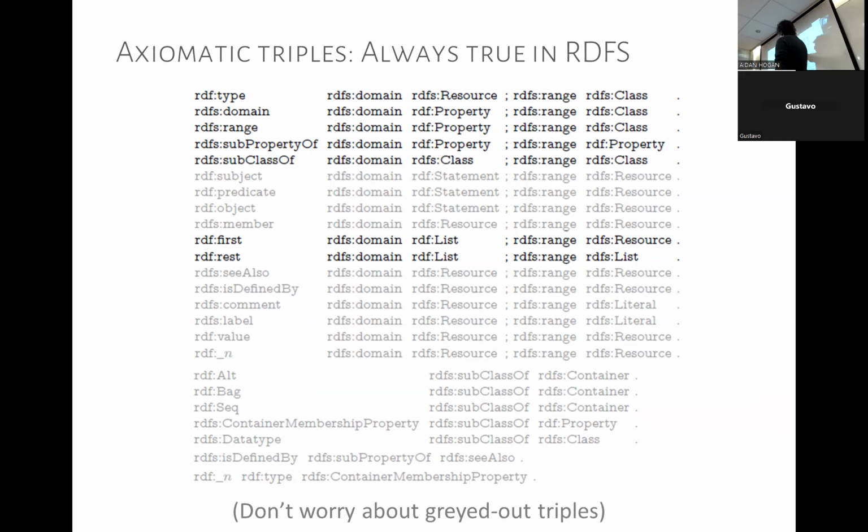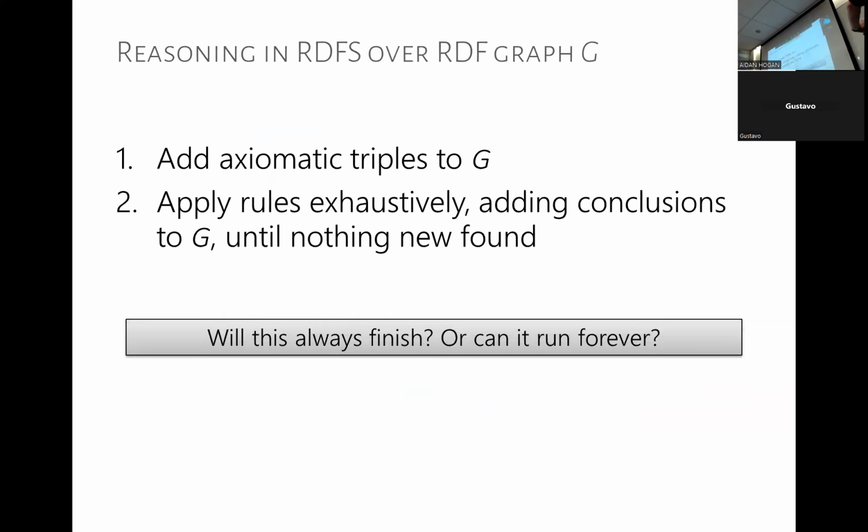And at least left some stuff in gray that are more syntactic elements that are not so important for us. But they're part of the full list of axiomatic triples. So for applying reasoning, there's two steps. We can add axiomatic triples to our RDF graph, so we add in these triples that are always true. We run the rules until we find nothing new. And we're done. We've created this larger graph that contains all of the inferences or things we could conclude deductively